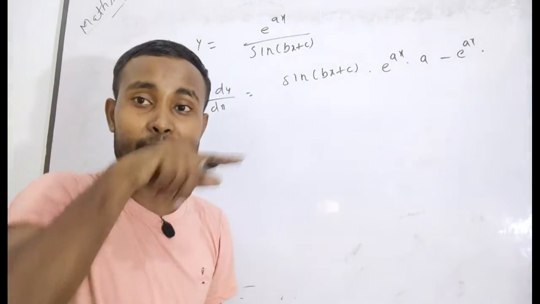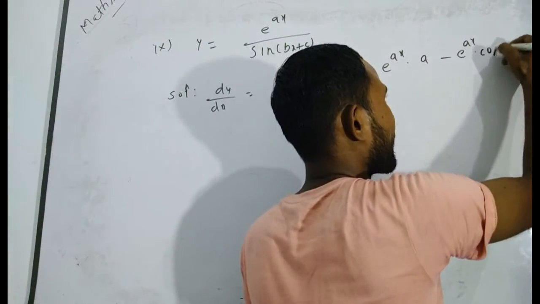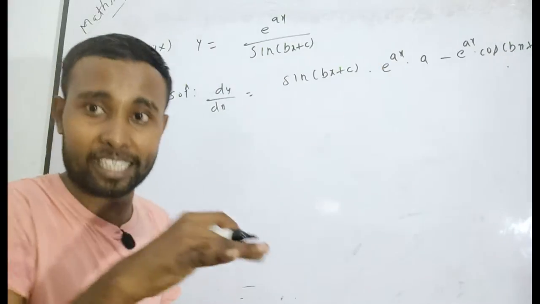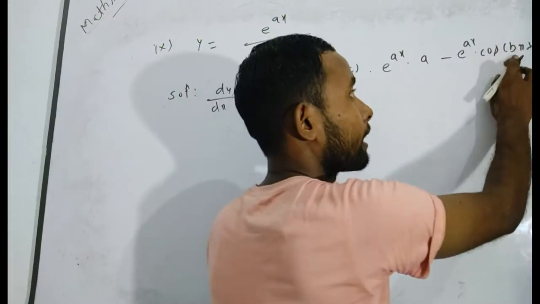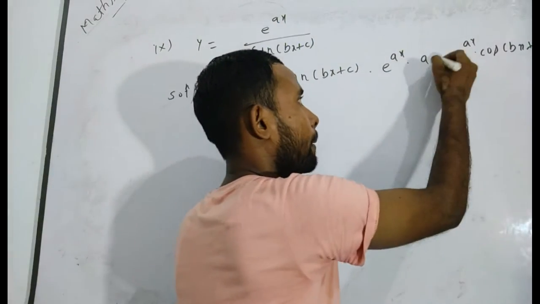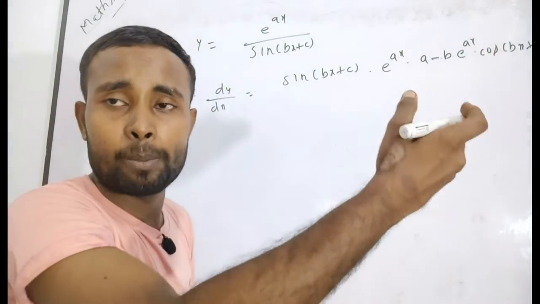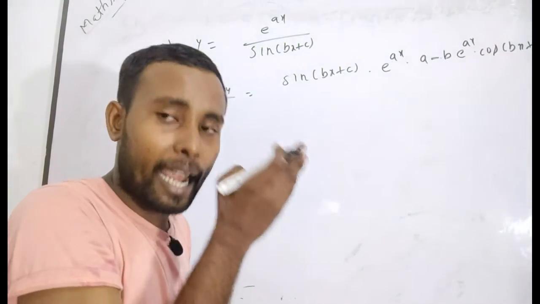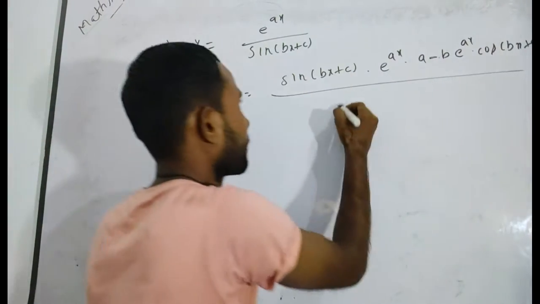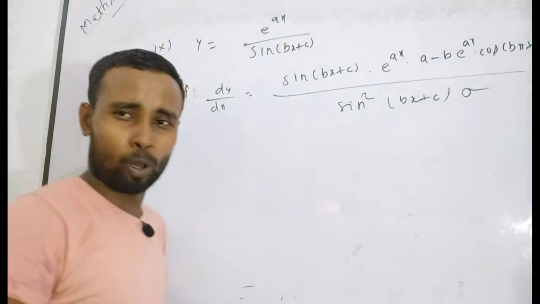As you know, sin bx plus c is first differentiated with respect to bx plus c. In that case you will get cos bx plus c. Again you have to differentiate bx plus c with respect to x. In that case you will get only b, because b is constant and the derivative of c will be 0. The derivative of x with respect to x will be simply 1, so you get b, and the whole square of the denominator. In only a single line you can write the answer of all these kinds of problems.